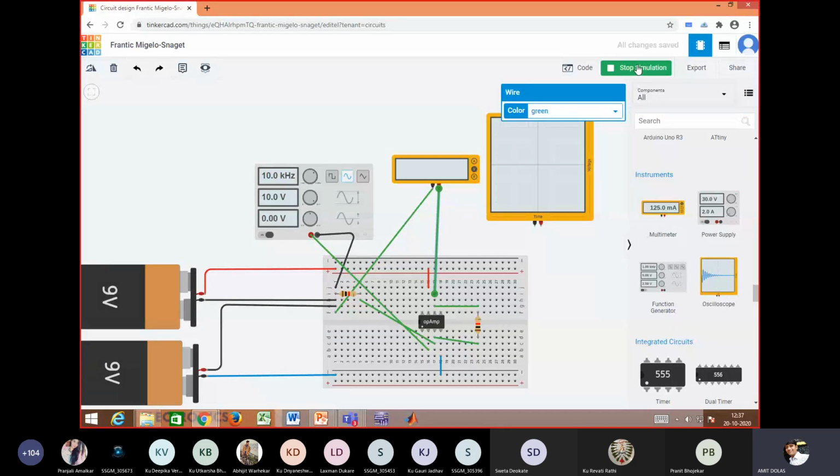Nothing is there. Something is not proper. Minus 20 millivolt is the output. Why is it so? This output is somewhere shorted.